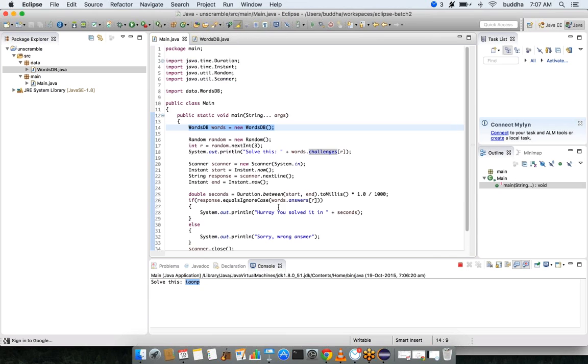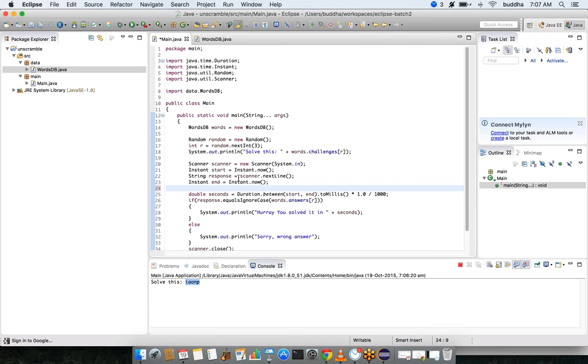Because at some point in time I may accidentally change r equals to, say for example, 1. What happens is this random r may actually generate 2 here, but when this line comes, it becomes r equals 1. So we'll be comparing the second word with the first word, right? So it is not that good. It's not a good thing to depend on indexes. We have to have a better logic to do that.